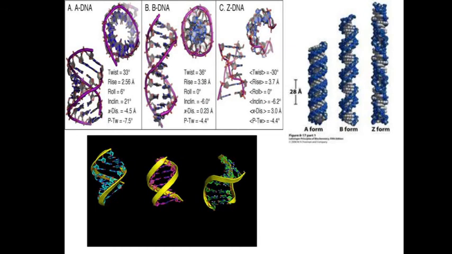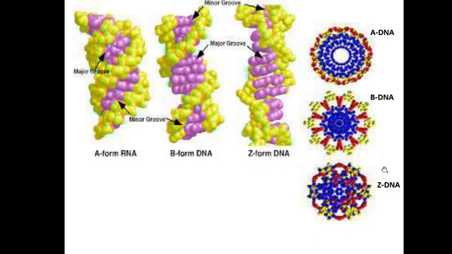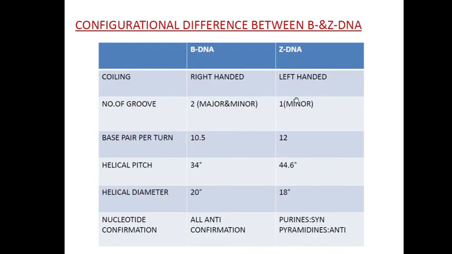Here we can compare these three different forms of DNA. B form, here we can see from the top view. Side view, here we can see. In the A form, we can imagine that the spring has been pressed from both sides and it has reduced its helix pitch. Right-handed structures we can see here, and this is left-handed, and zigzag-like structures can be seen.